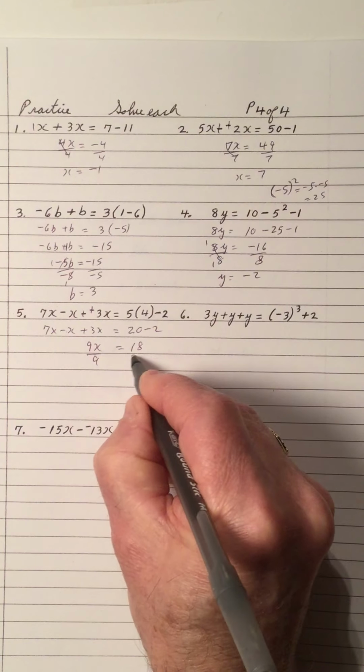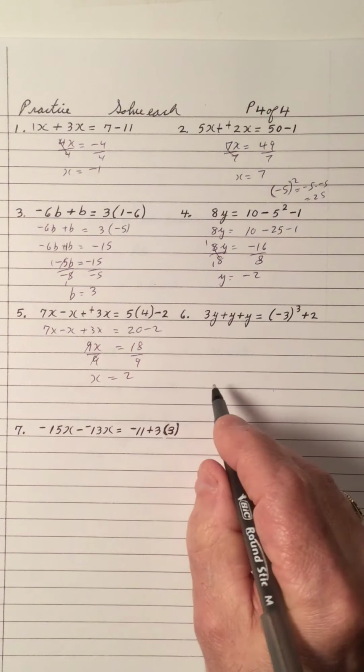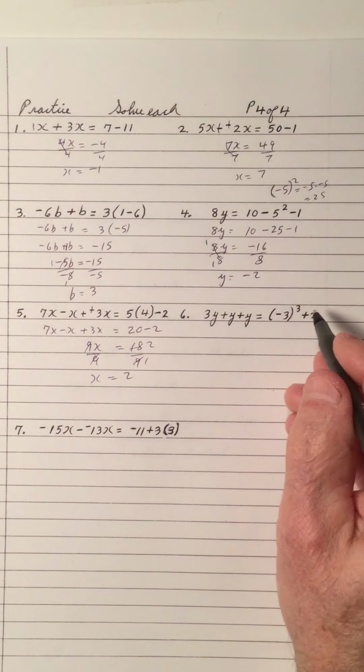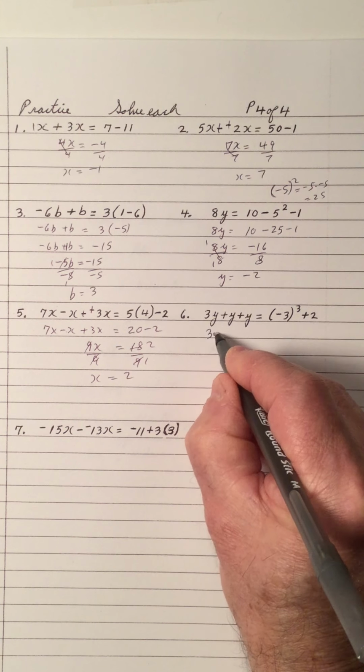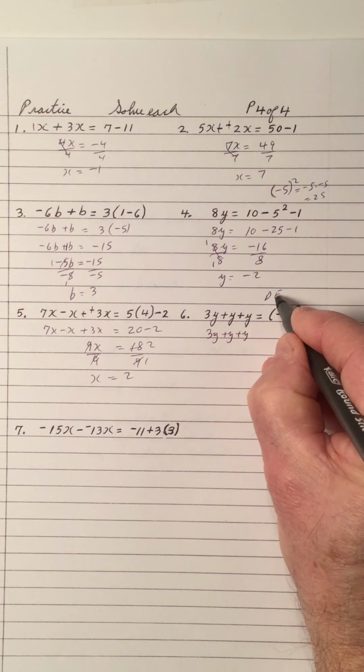And divide both sides by 9. x equals 2. They cancel. And 9 cancels 18 too. So that's a 1. And we do 3y plus y plus 2. And I write down just